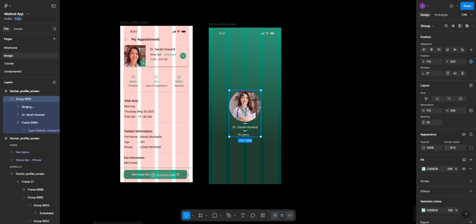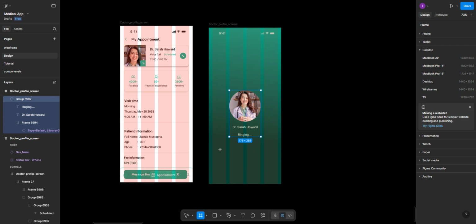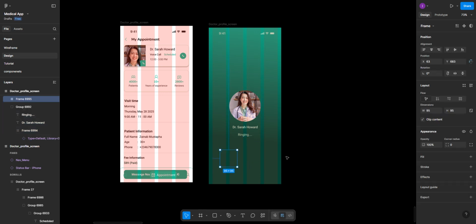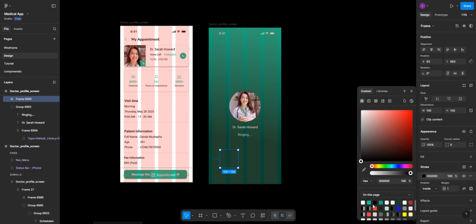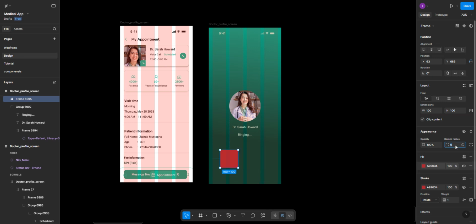All right, so now we're going to show call coming in, then have 2 buttons to either accept or reject. Okay, so let's take a frame and hold down our shift key to get a perfect square. We can make it to 100 by 100. We can play around with it later, or let's just take this scale for now. Let's give it a partial stroke and give it a fill of global color, which is this red. Now we give it corner radius of 50